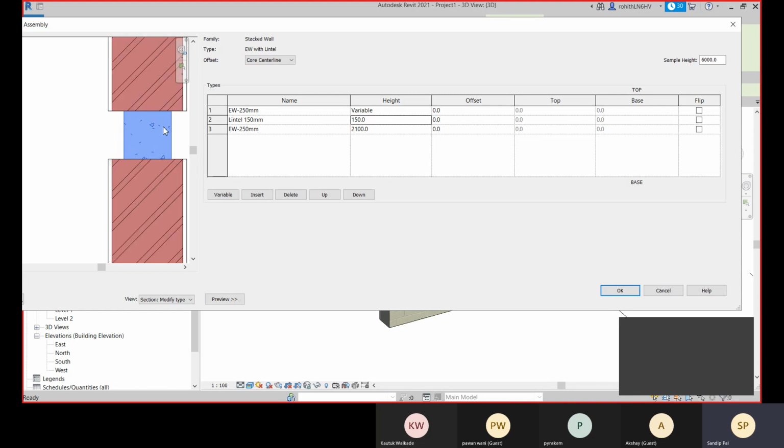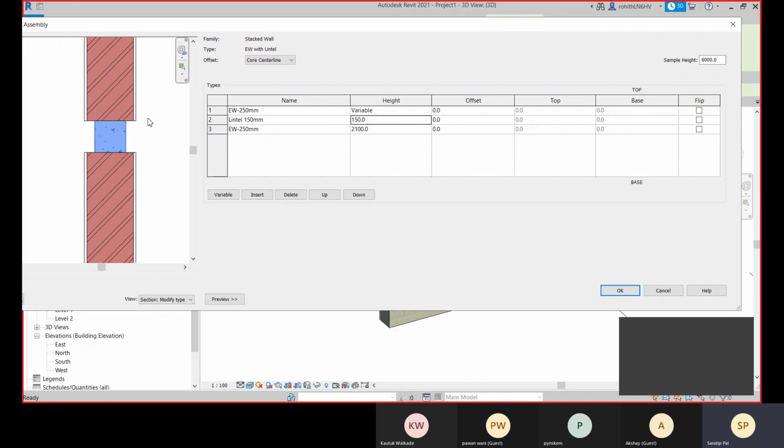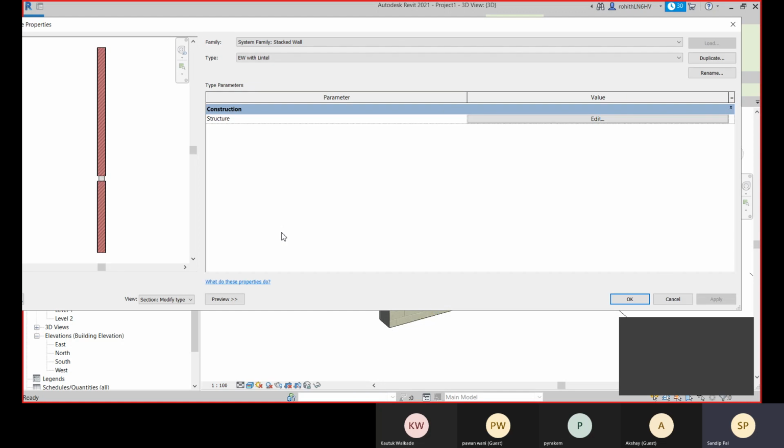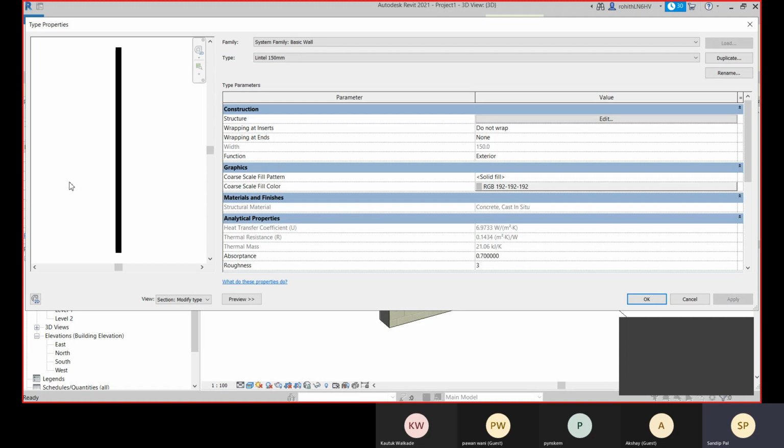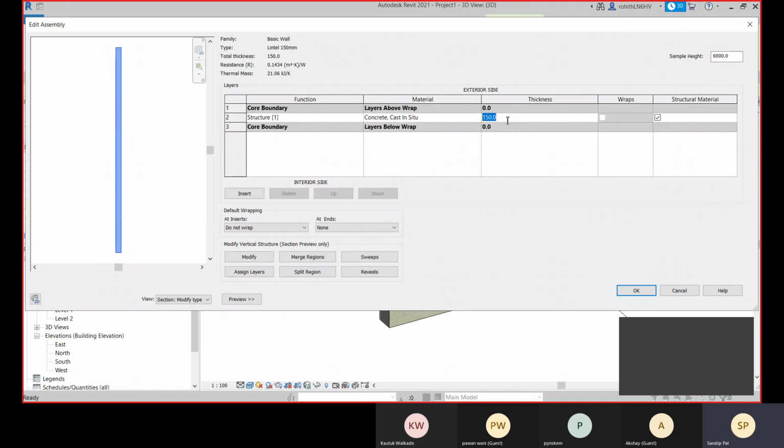And here also, for this lintel I can provide the plasters. So let's go for it, and let's click on OK. Now let me go to that lintel, and there let me change it. Go to its edit type. 250, and insert.